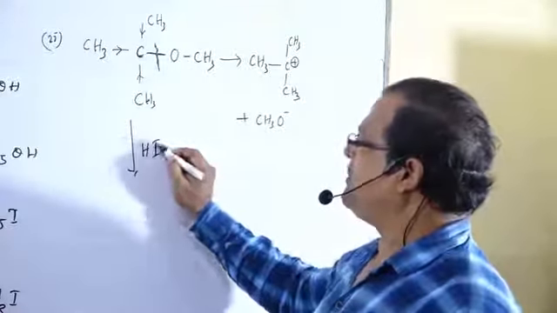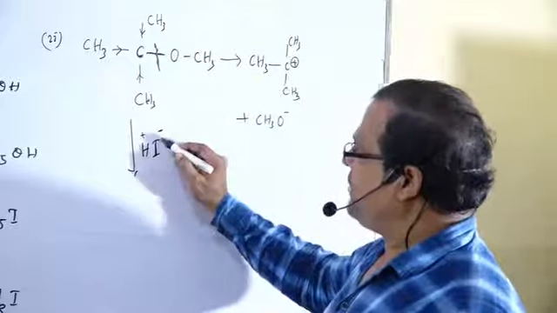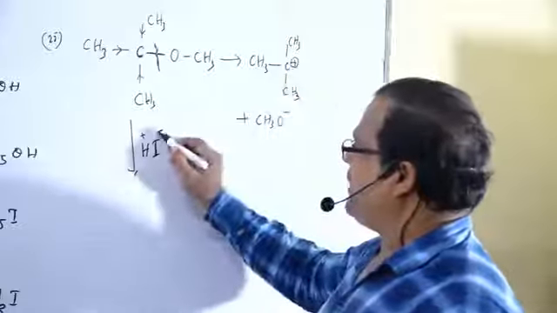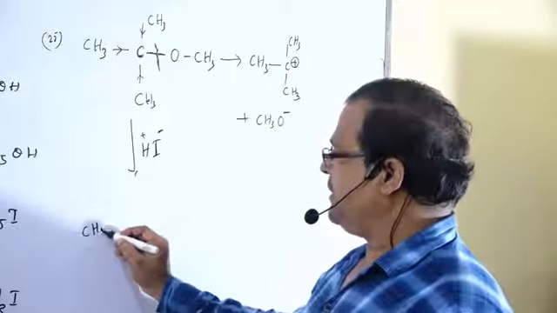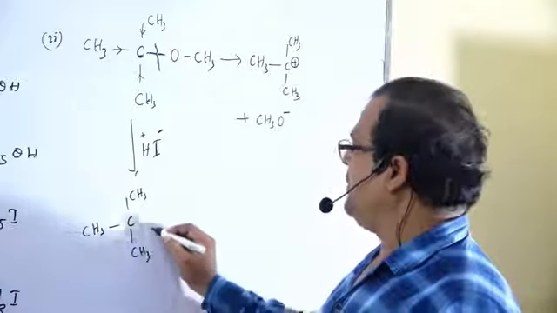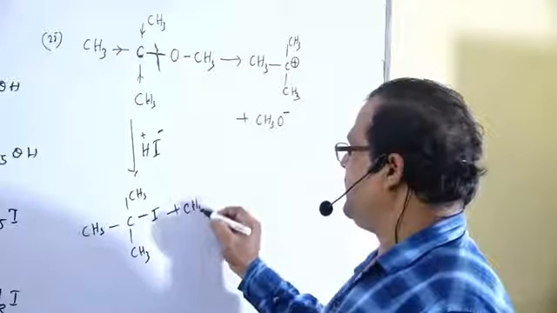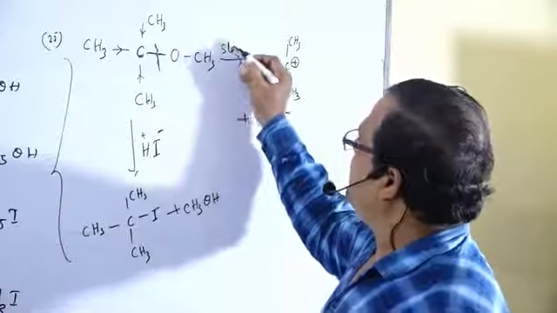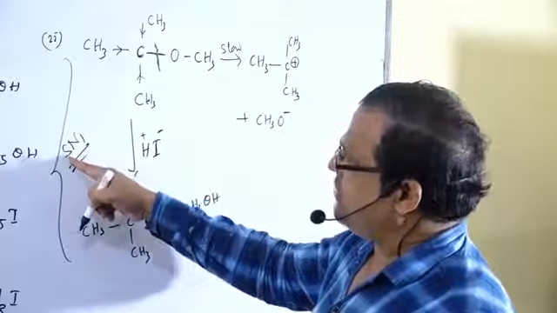Then what will happen? H plus and I minus. The positive part is added with the negative part, and the negative part is added with the positive part. So there is the formation of CH3I plus CH3OH. And this reaction is known as SN1, nucleophilic substitution unimolecular,